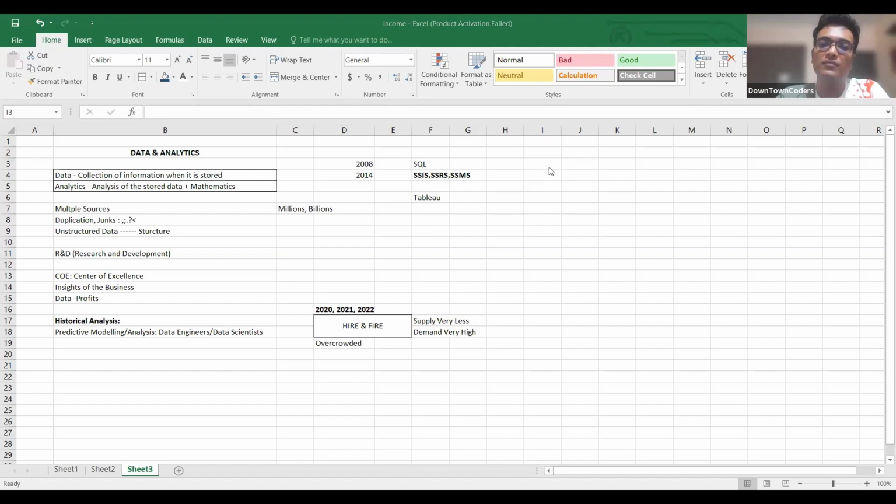Applications. Together with the application, I will be talking about the job roles as well. There's a controversy like what is a data analyst, what is a Tableau developer. Let's understand. There are some designations that you need to understand: data analyst, then BI developers. BI developers are nothing but business intelligence developers. This domain is also called business intelligence. Then come our data engineers, and there's also the data scientist.